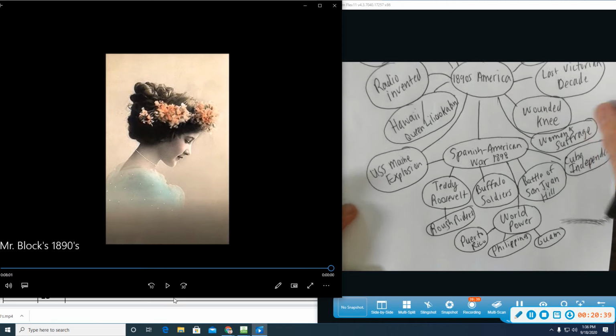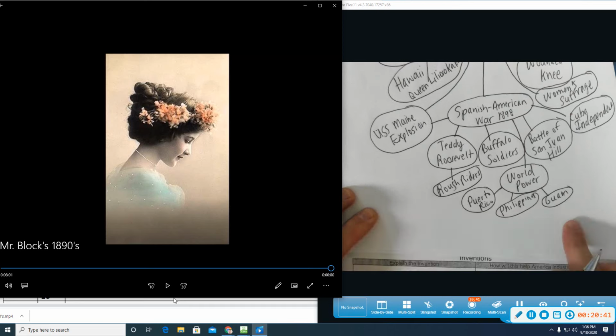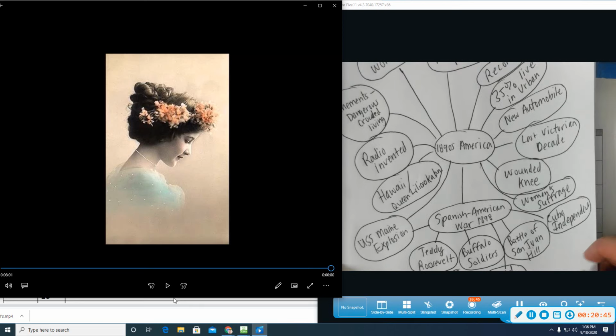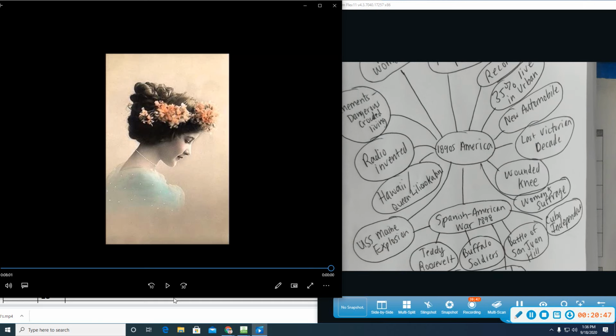That is the 1890s. Now, what we're going to do at the bottom on this, I didn't leave enough room for those at home. You should have more room than me. Then we're going to write a quick summary. What did you just see in the commercial for the 1890s you're most interested in learning about when we get to it? But which one and why? Okay, those at home, please do that too. Thank you.